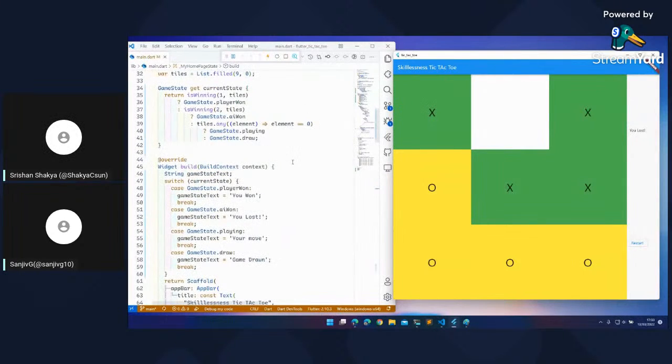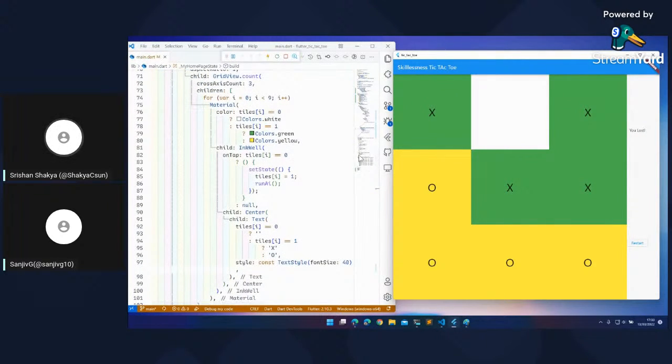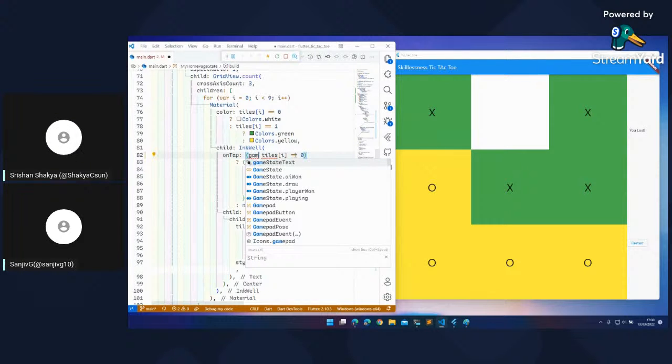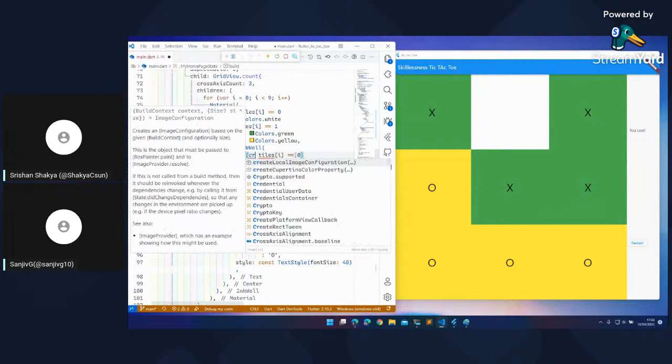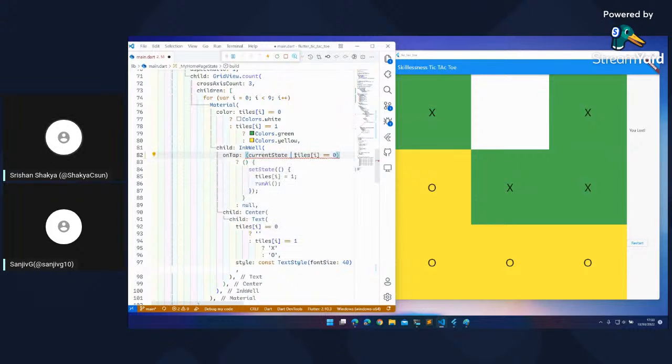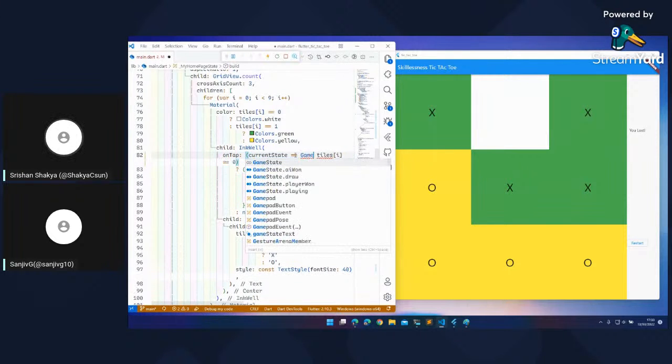So now, to fix this bug, in this on tap handler, we will also check if the game is currently playable. So current state is equals to game state dot playing.